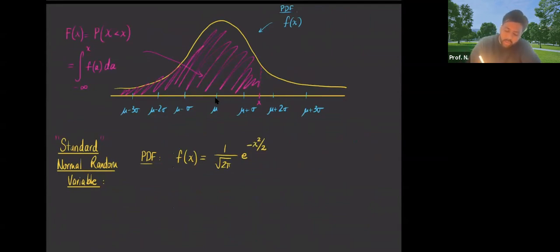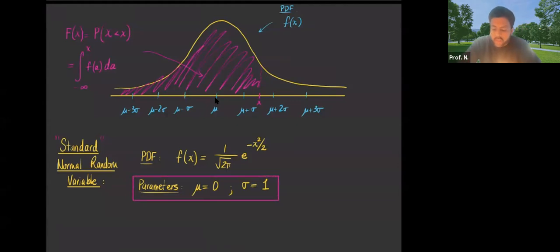And why is that? Well, the reason why it's called standard is because my parameters are quote unquote standardized. What are my parameters? The mean is 0 and the standard deviation is 1. This is what makes a standard normal random variable. And the idea is that every normal random variable with a given mean and a given standard deviation can always be quote unquote normalized or standardized into this particular standard normal random variable, where the mean is 0 and the